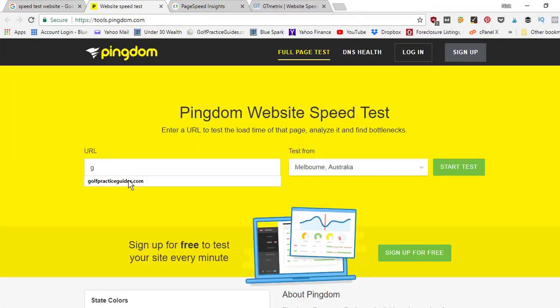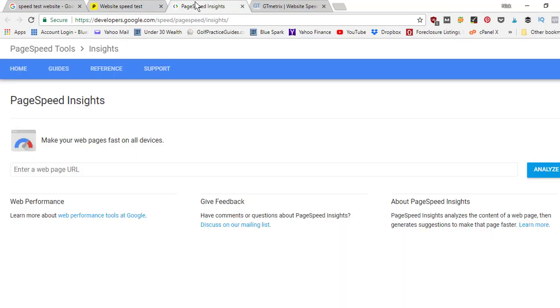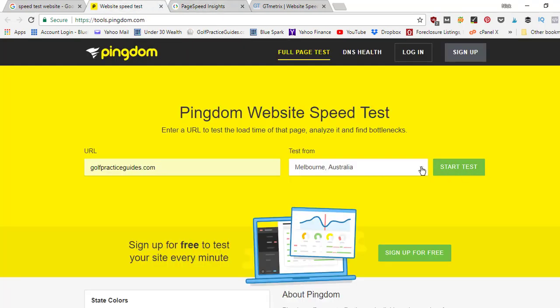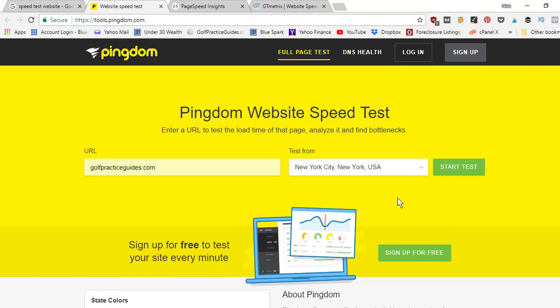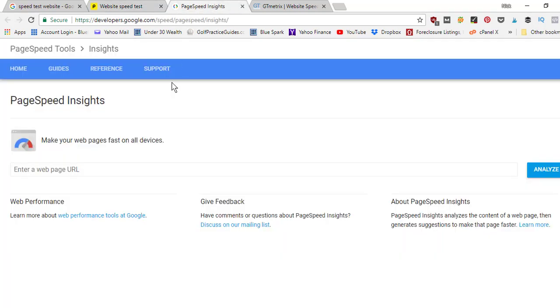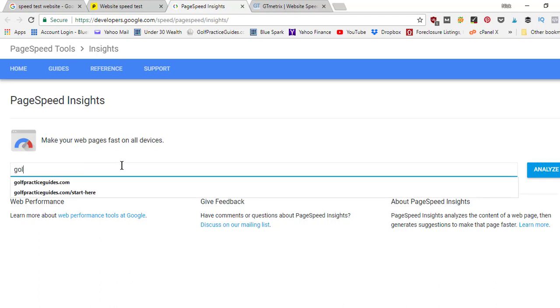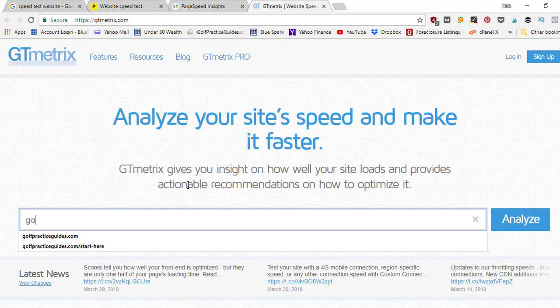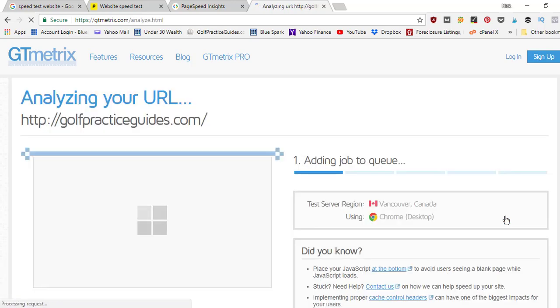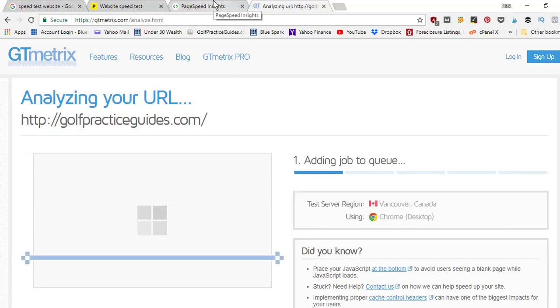So we will do, for example, let's do golfpracticeguides.com. So we'll paste it there, and we'll go ahead and click on Start Scan. It can pick different cities. So we'll test somebody in New York, Start Test. Then the Google Insights will go here. Type in golfpracticeguides.com. Click Analyze, and then lastly GTmetrix. So what this is going to do is you're going to get three different sites comparing different things about your